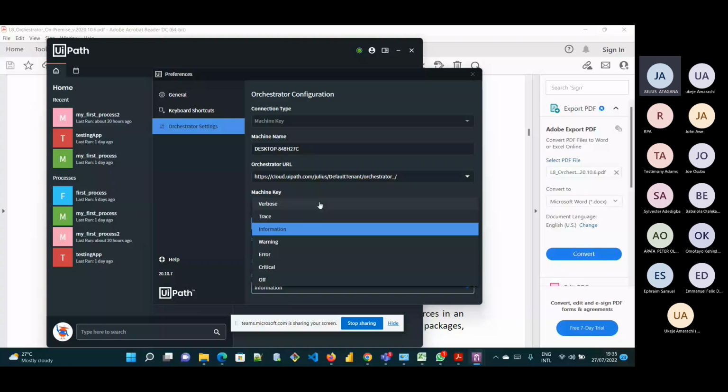Now, what is critical logging? The critical logging only keeps those fatal errors, and the log level rises from here to the highest. So if you are using critical, it's only those fatal errors generated from your code that will be logged. Warning will log user-defined errors and critical errors that the system cannot handle. So when we say error, this level of logging can keep track of both the error logging and the critical logging. I don't know whether I'm communicating.